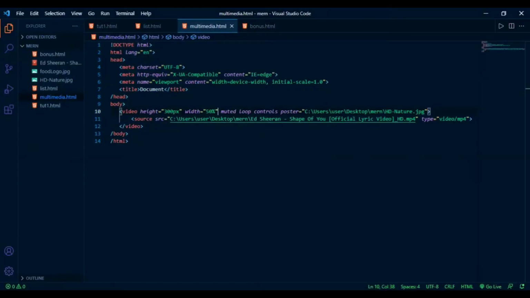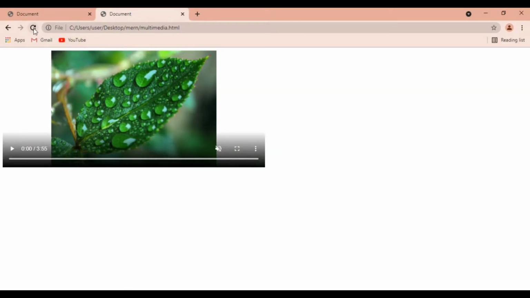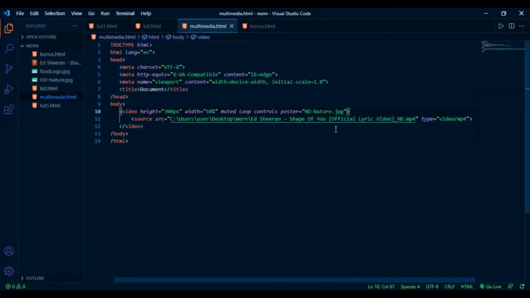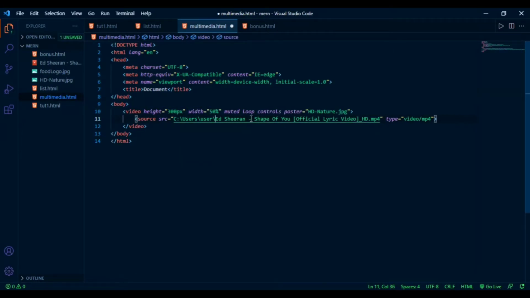My image is smaller than the video, that's why it looks like this, but you can use any image that is exactly the same size as the video so that it looks good. So I am removing the extra link.